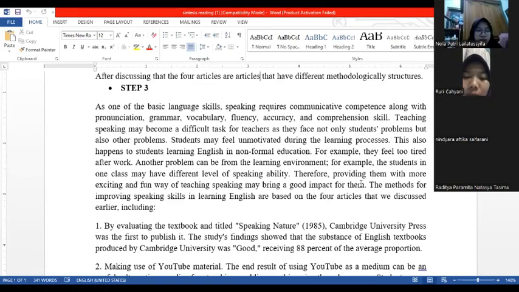Another problem can be from the learning environment. For example, the student in one class may have different levels of speaking ability. Therefore, providing them with a more exciting and fun way of teaching speaking might bring a good impact for them. The methods for improving speaking skills in learning English are based on the 4 articles that we discussed earlier, including the first is